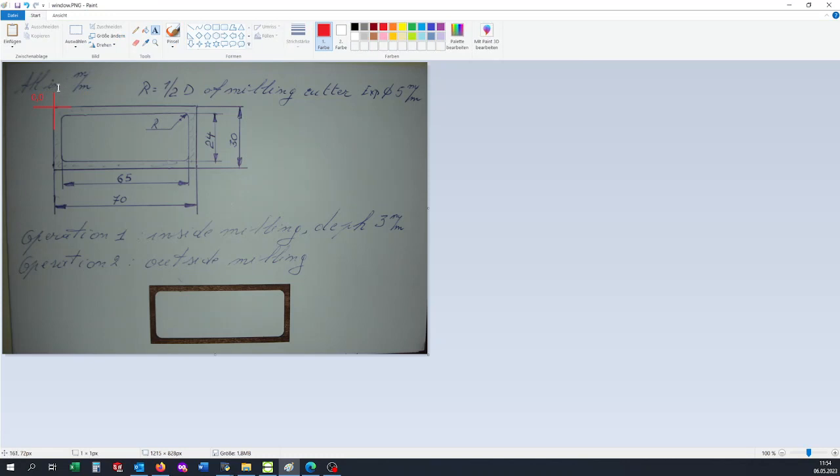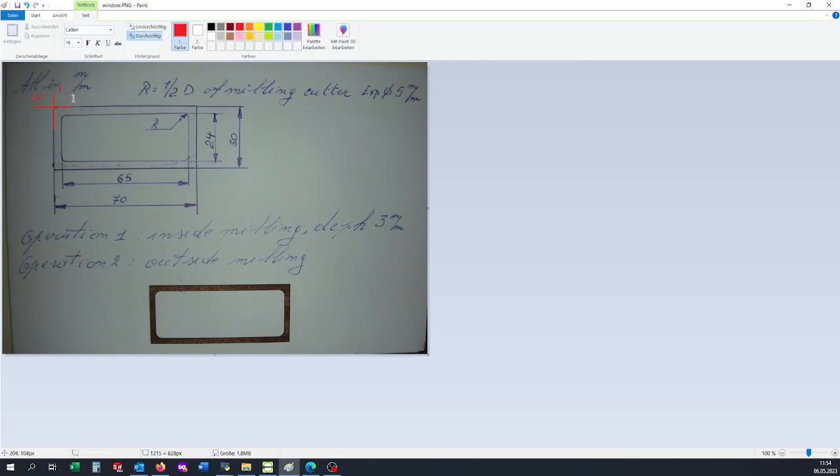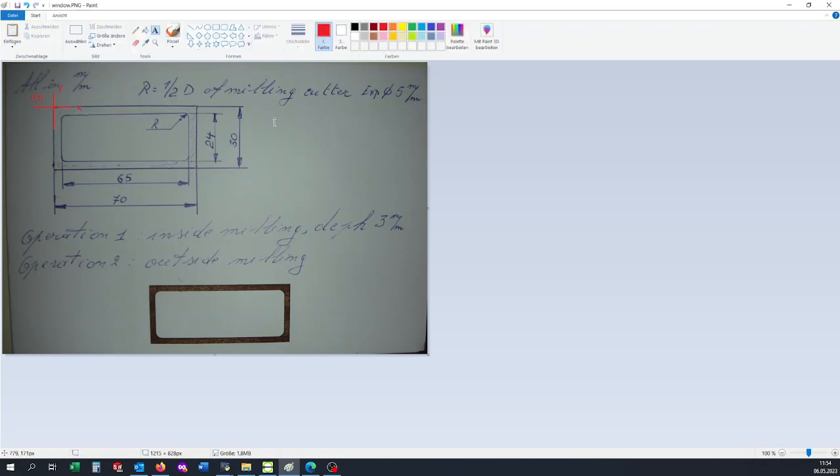Okay, this is the y-axis and this is the x-axis. Positive x is here, and positive y is here. Okay, then for programming I will need